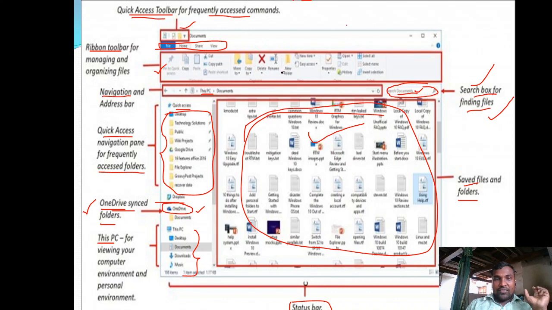So in the file explorer window we have different categories. The explorer window is divided into different components, and individual components we can access with the help of different names.